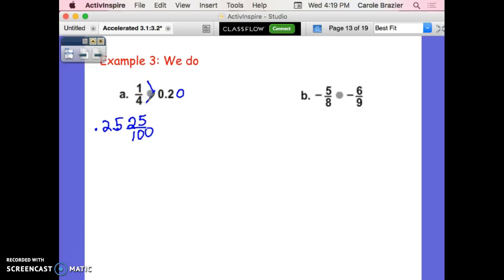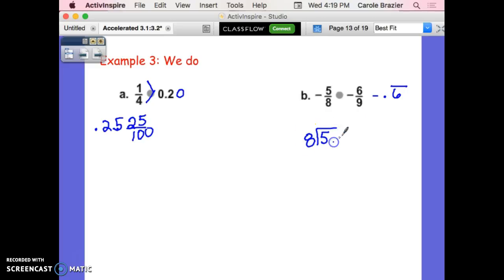Okay, same thing happens over here for B. I have to compare and turn them both into decimals and/or fractions. So I know right away that this one's going to be negative 0.6 repeating because it's a 9 in my denominator. And then my 5/8, I'm just going to take 5 divided by 8 and find out what that is